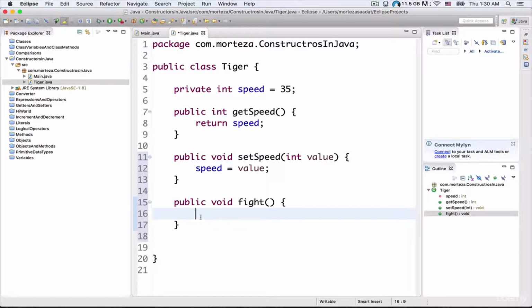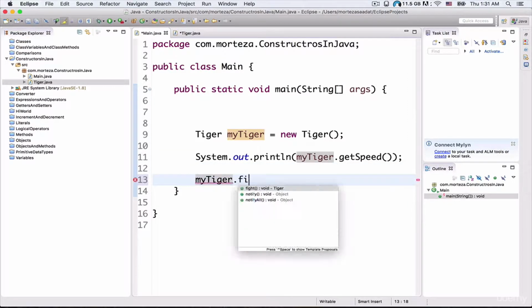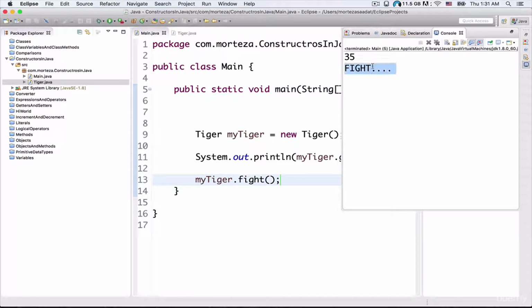So inside the method, I just need to type in system.out.println, and then inside the parentheses, I can just put in 2 double quotes, and inside the double quotes, I can just type in fight. Okay, and then I need to put in a semicolon at the end of my statement. And then inside the main class and inside the main method, I can just refer to the name of my object, my tiger.fight. And if I run my project, as you can see, this value is now outputted to the